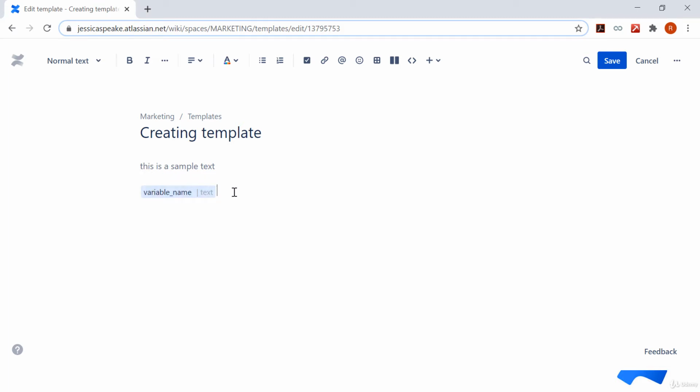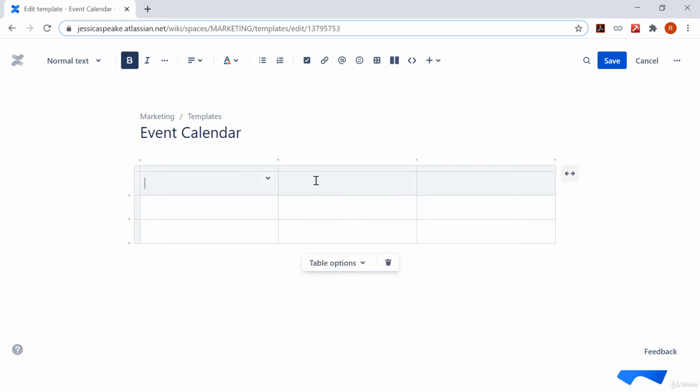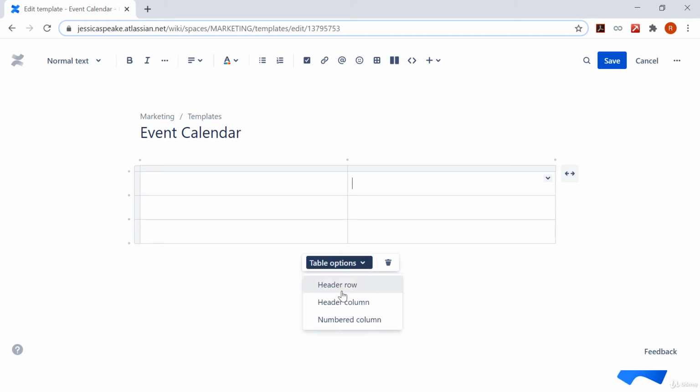So I'm removing both the variable and the sample text for now and giving a new title to the template. Let's create a template called event calendar. In order to create an event calendar, we would create a table and just formatting the table as per my requirement. Event